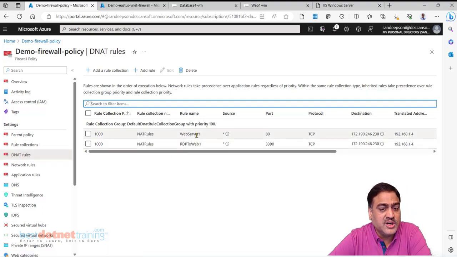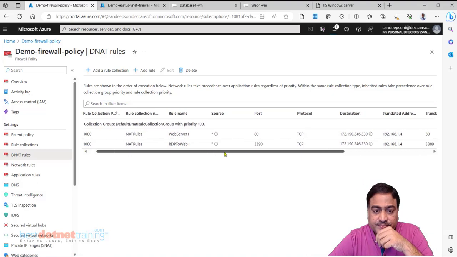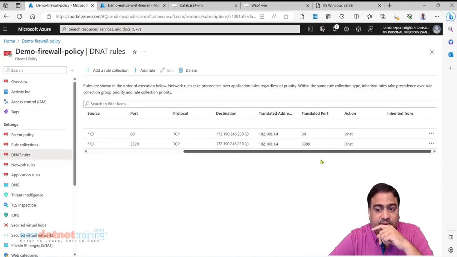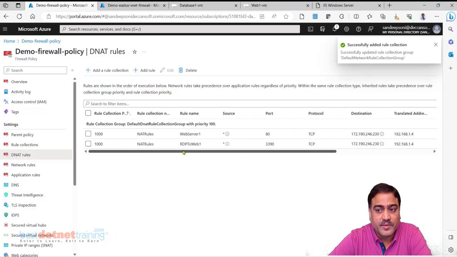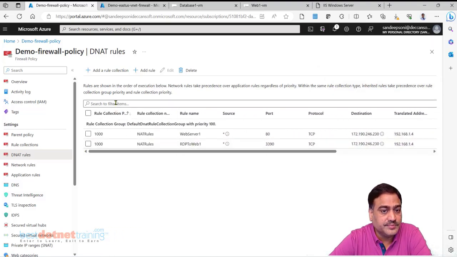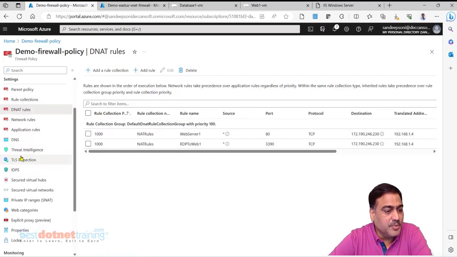RDP or HTTP to web server translation, DNAT, destination NAT. And there are many more.